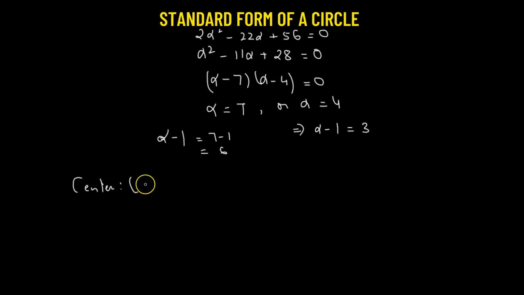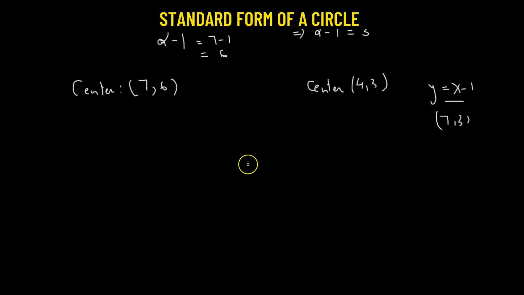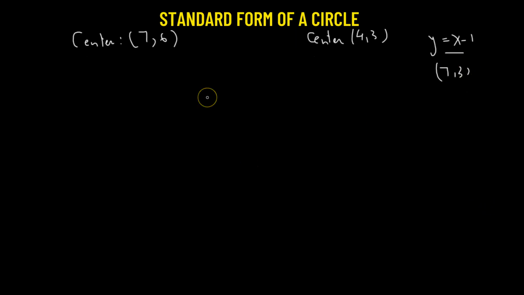So one of the circles is going to have center 7, 6, and the other circle is going to have center 4, 3, and both of the two circles are going to lie on the line which is y equals x minus 1. Both of them are going to lie on this line, and it also passes through the point 7, 3. Right. Now that we have the center as well as the radius, we can easily find the equation